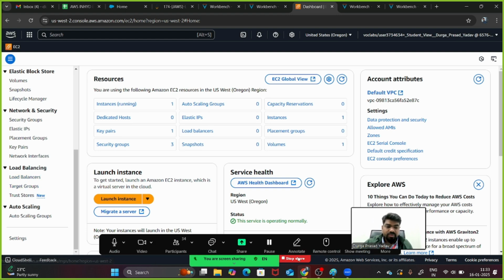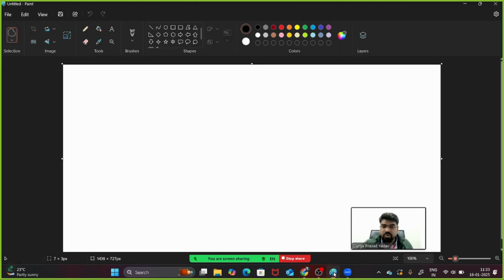So guys, when we are talking about load balancer and target group, two things are there. When we talk about load balancer, think, what do you need basically?